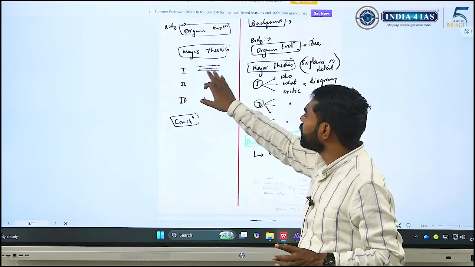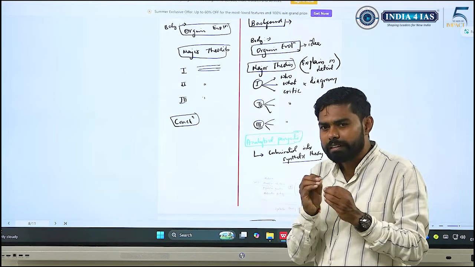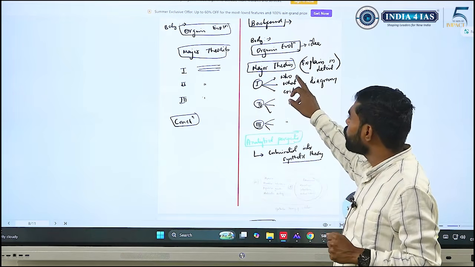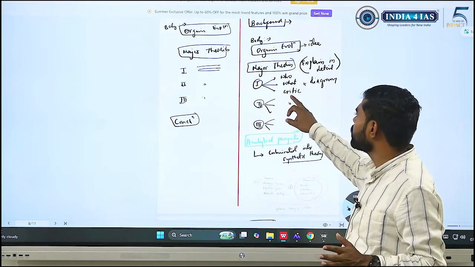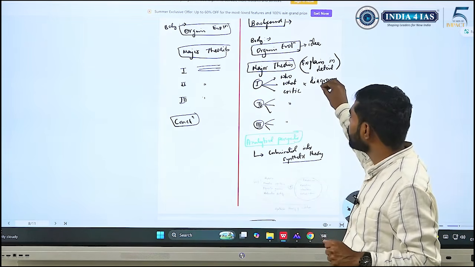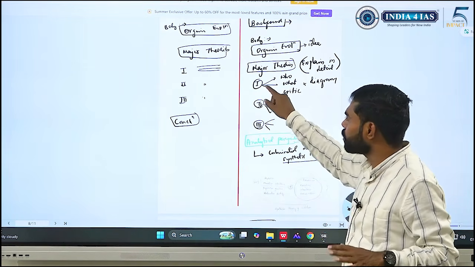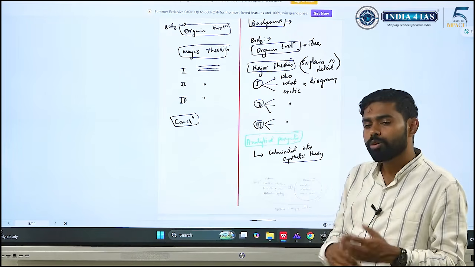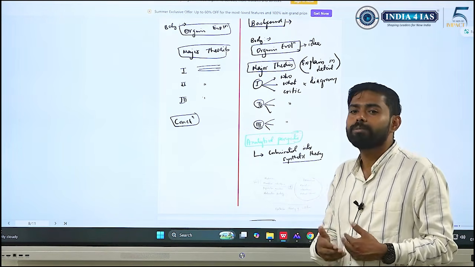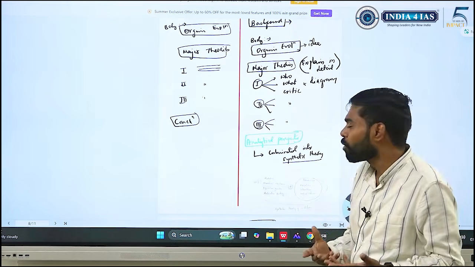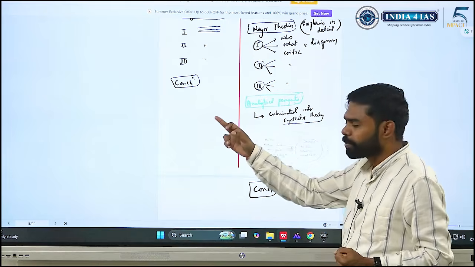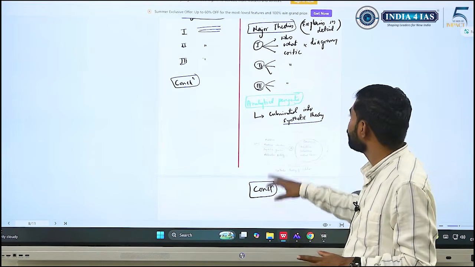Because writing 2 or 3 lines without a clear structure won't make so much sense. But if I'm writing who discovered it, what the theory is, and what the critique is, and any diagram if at all associated with it, so if I'm making 3 to 4 structured points for each sub-theory, my answer starts to look more organized. More clarity emerges from my answer booklet whenever the evaluators look at it. And I'm adding that additional perspective, the analytical perspective, which I tend to use.